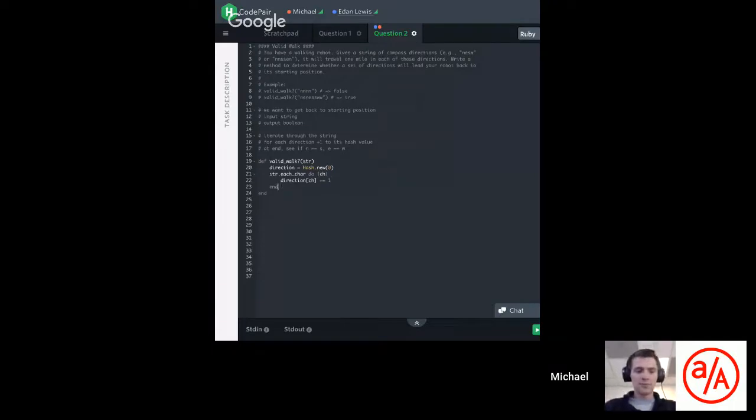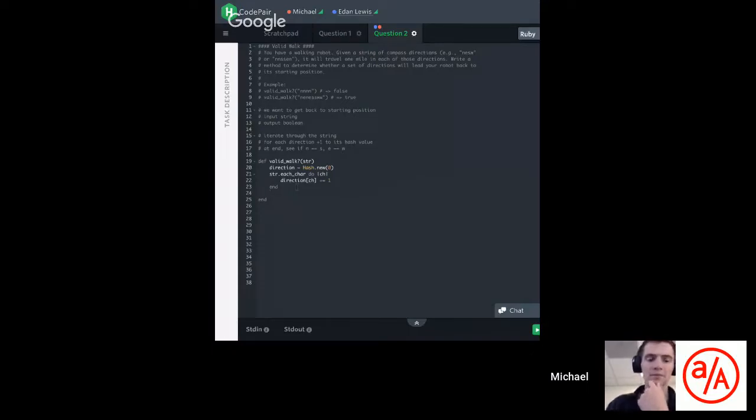All right, sweet. Let's take this first input, for example, with these 4 n's. As I'm iterating through the string, the first one is going to be n. It won't initially be in the hash, so it's going to take advantage of that default parameter of 0. So the direction with the key of n is going to have the value of 1. The second time it will be incremented to 2, and so on to 3 and 4, which we know for a fact means the robot is just going straight. It is not going back in the direction. So we know it should return false,